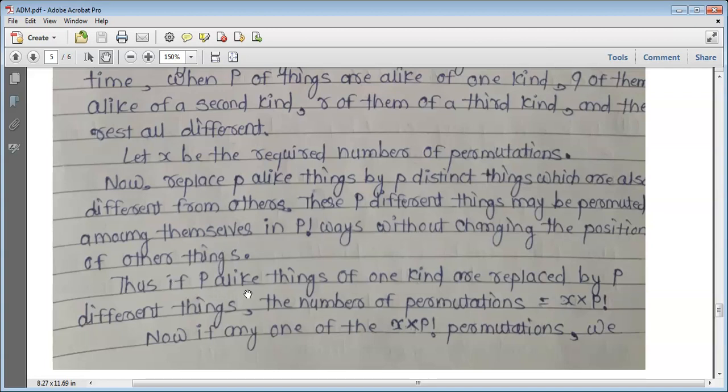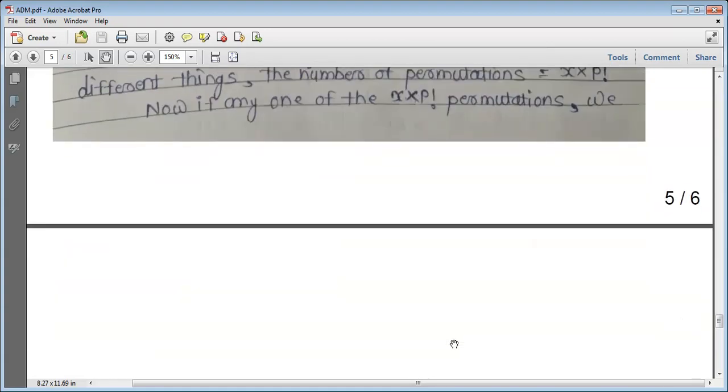Thus if the p alike things of one kind are replaced by p different things, then by the product rule the number of permutations is x into p factorial. Here x is the required number of permutations, and p factorial is the number of permutations of these new p things. Now, in any one of these x into p factorial permutations,